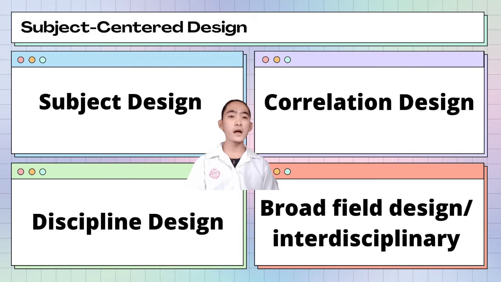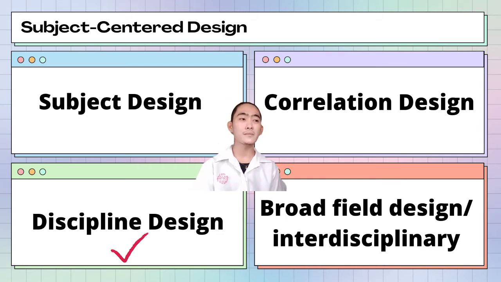It is also under the subject-centered design, which is the discipline design. This curriculum design model is related to the subject design. However, while subject design centers only on the cluster of content, discipline design focuses on academic disciplines. So, discipline refers to specific knowledge learned through a method which the scholar used to study a specific content or of their fields. Students in biology